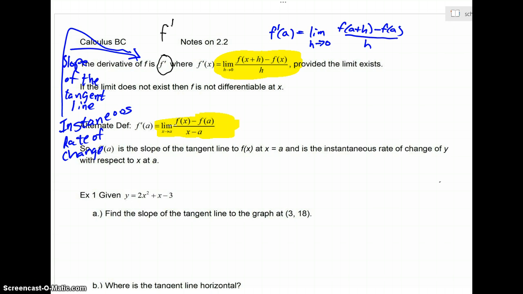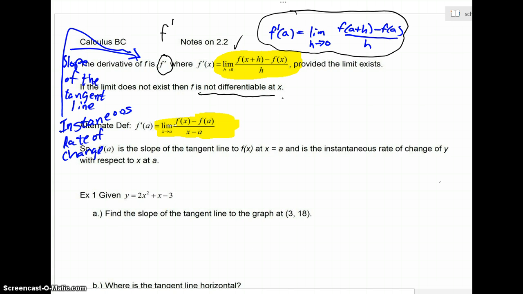Now, we saw a limit definition in section 2.1, and that's what we've highlighted right up in here. f prime of x, that derivative, the slope of the tangent line, or the instantaneous rate of change, is the limit as h goes to 0 of f of x plus h minus f of x, all over h. Now, in 2.1, we actually had the letter a representing x, but we can definitely interchange those two and use an x instead of an a. This is provided that this limit exists, that we'll find the slope of the tangent line or the instantaneous rate of change. If our limit does not exist, the derivative doesn't exist, and we would say f is not differentiable